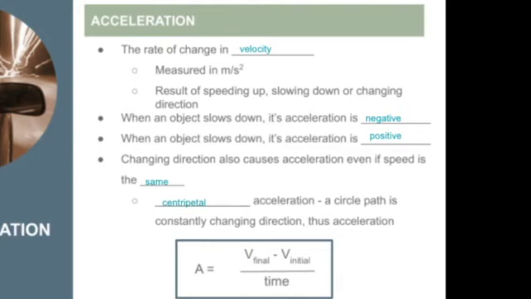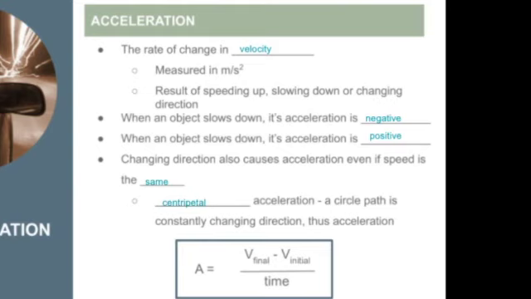Acceleration's units are meters per second squared, and it's the result of either speeding up, slowing down, or changing direction, because that means that our velocity is changing. So when an object slows down, its acceleration is negative. If you think about a car coming to a stop sign, it's slowing down, its acceleration is negative